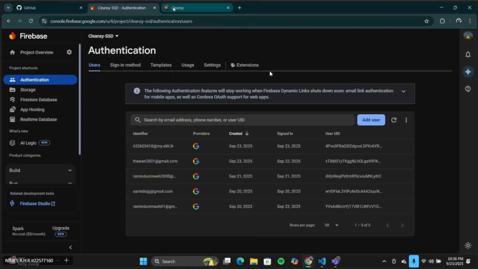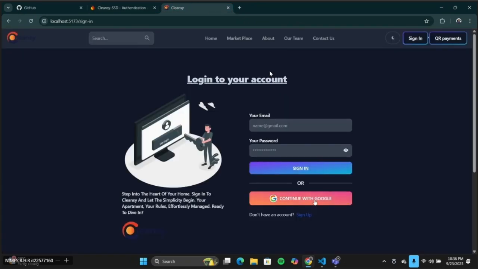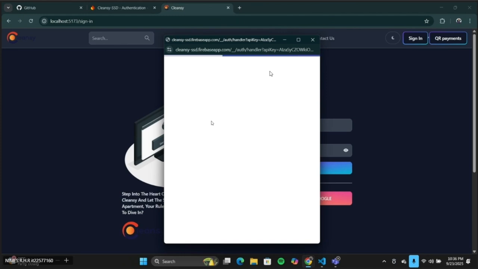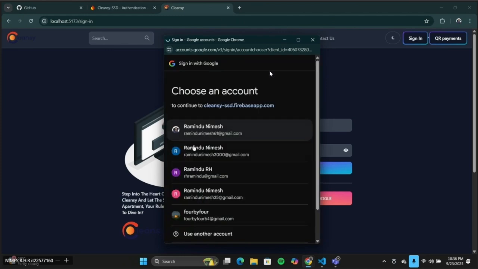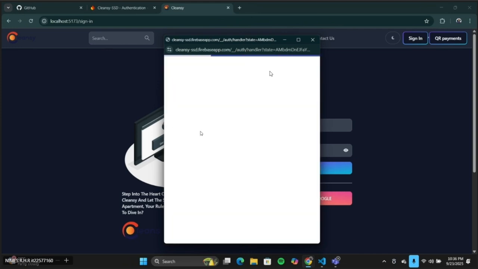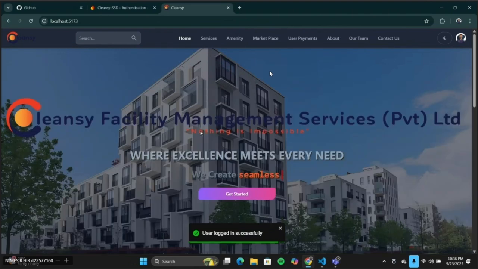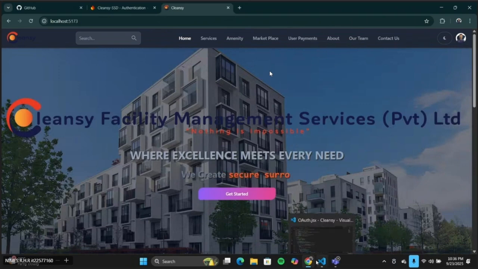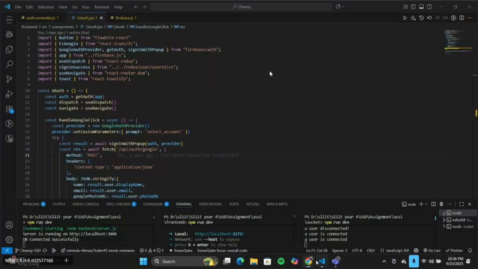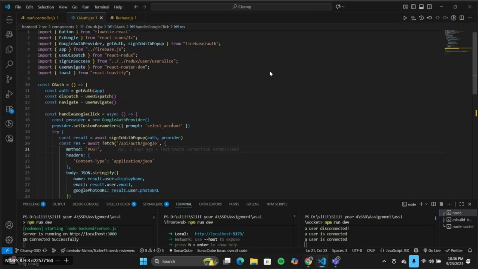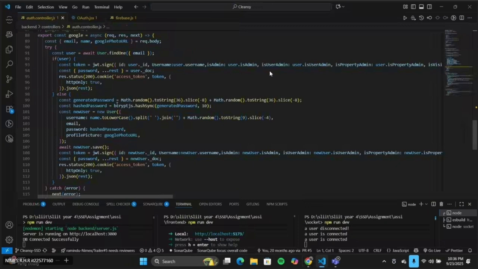Whenever a user chooses to sign in with Google, Firebase handles the OAuth flow and returns an ID token containing the user's identity information. On the client side, I capture this token and send it to our backend server. On the backend, I verify the token with Firebase to ensure authentication, and then generate a JWT cookie